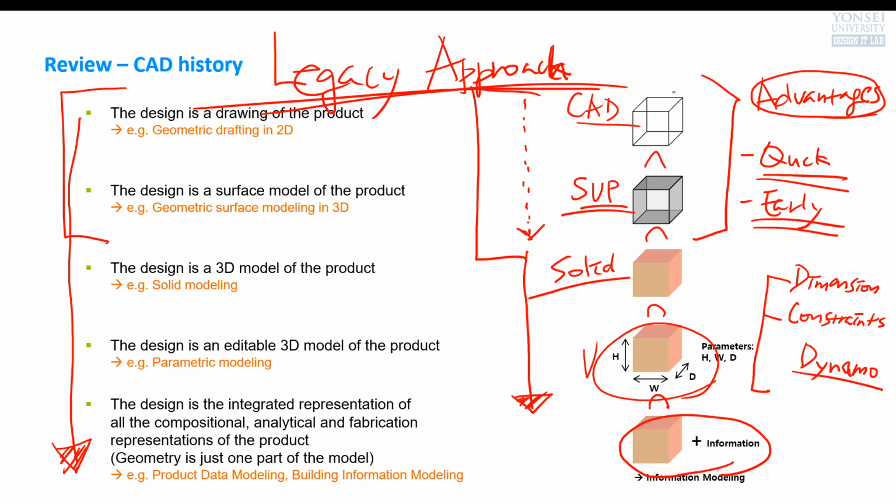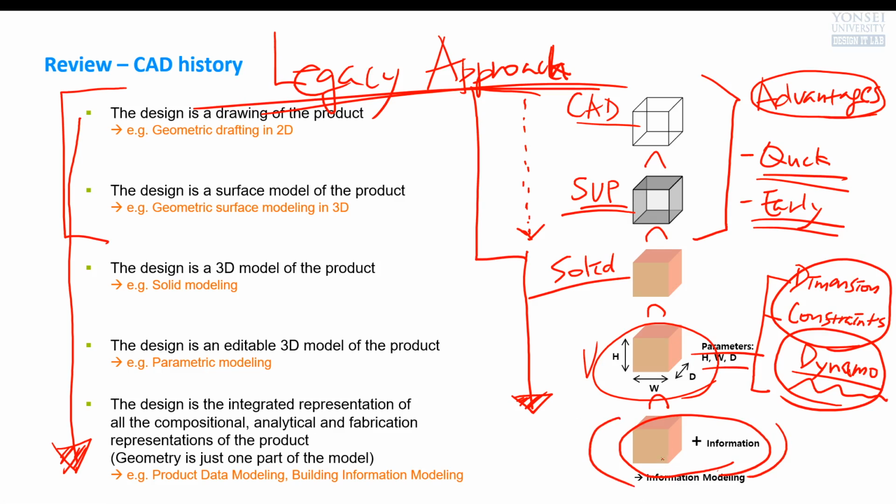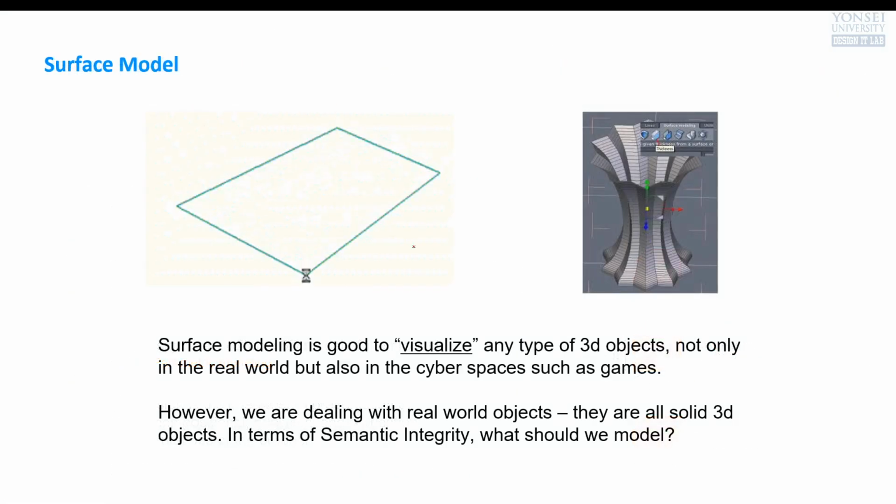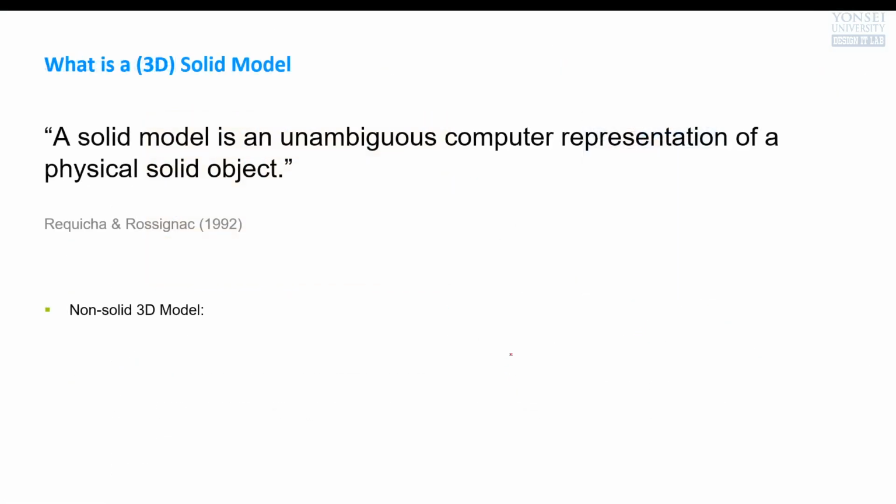I'm 100% sure that you fully understand this process, the CAD history now, because you have learned what parameters are, what parametric modeling is, and how Dynamo or this kind of parametric modeling approach is very, very powerful and useful, specifically for real-world components like buildings. And that's the biggest part of the building information modeling approach. So surface model, solid model, non-solid examples, and